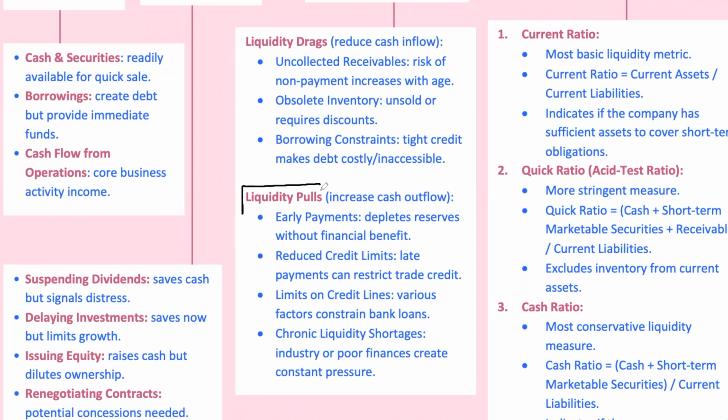Pulls on liquidity. These are the sudden demands on cash. Maybe the company is paying suppliers early without financial benefits, or suppliers cut credit limits. For example, if a company is suddenly required to make